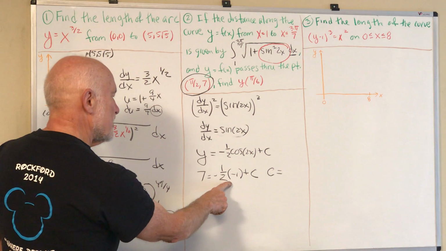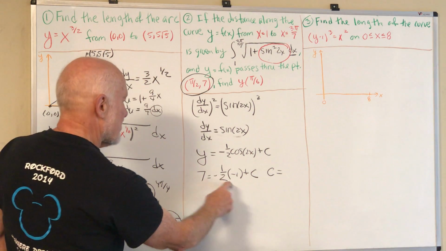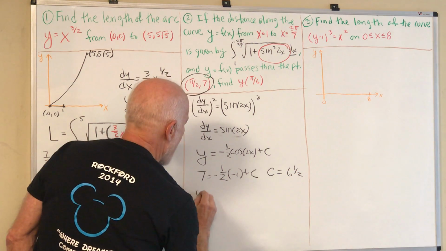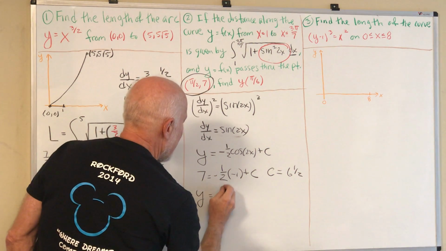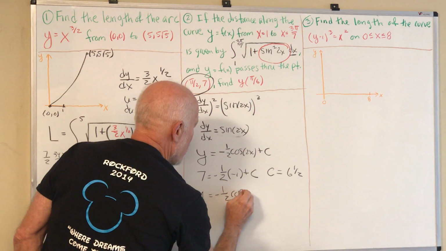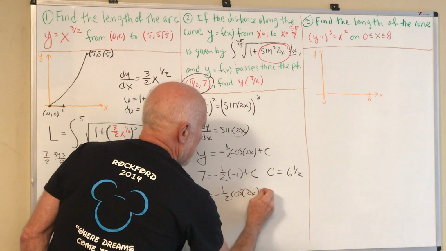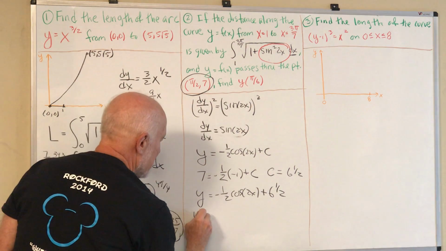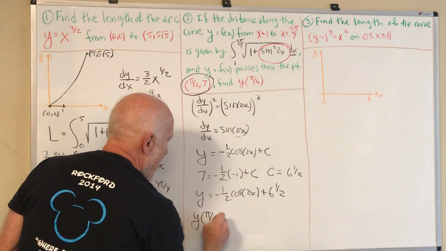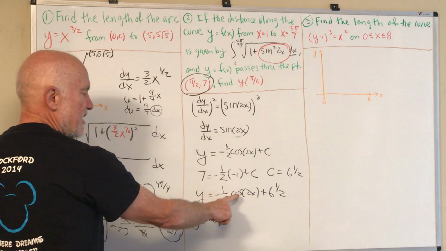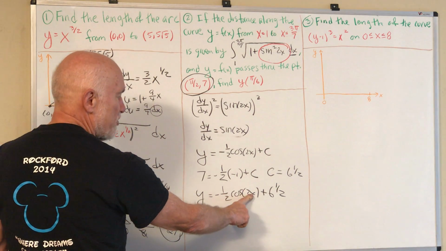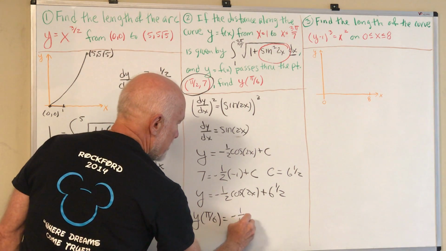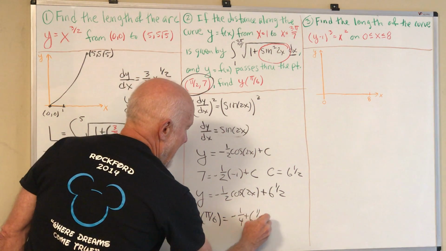c has to equal 6.5. So that means y equals negative 1/2 the cosine of 2x plus 6.5. So now I can find out what y of pi over 6 is. The cosine of pi over 3 is 1/2, so I get negative 1/4 plus 6.5, or